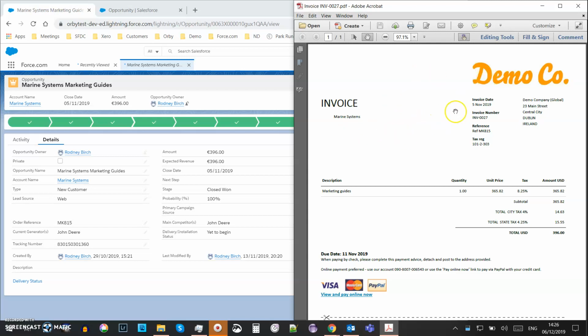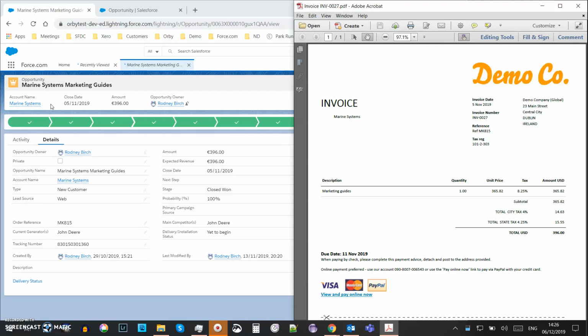So if we look on the right hand side, we have an invoice. You can see that the name of the business document is here. This is to a customer called Marine Systems. The invoice date is the 5th of November. On the left hand side is the opportunity that may have closed and have prompted the invoice. Both of these have come from a demonstration system, so they are realistic, although they are not actual examples of